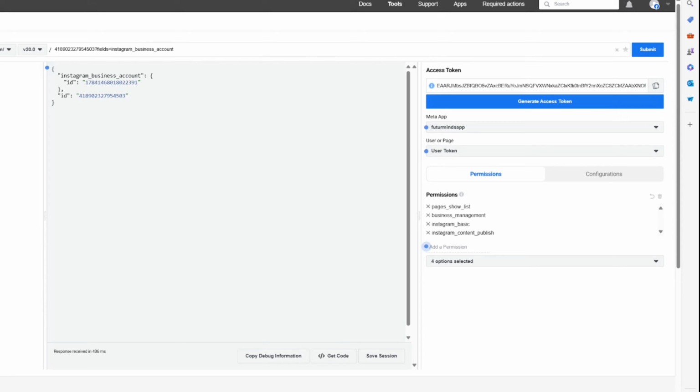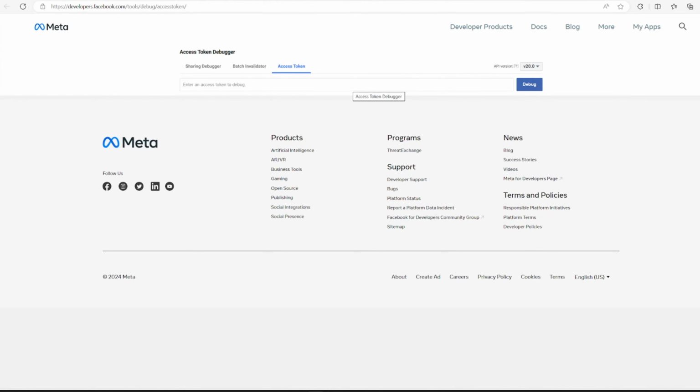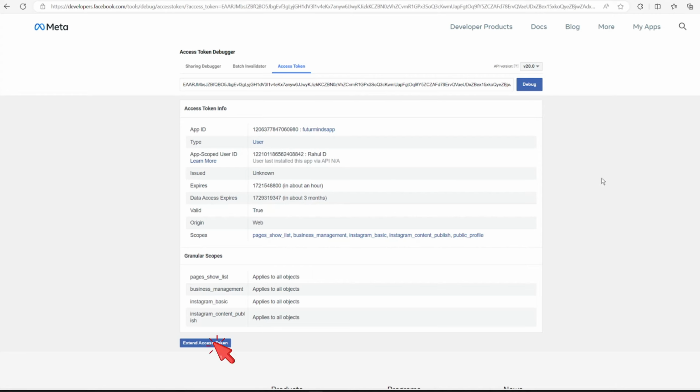So we need a token which is long lived. For that, we can just copy the access token from here, go at the top bar, hover over the tools and open access token debugger in a new tab. In this tab, paste the token that we just copied and click on debug. Here you can click on extend access token and it will give you a long-lived token which has the validity